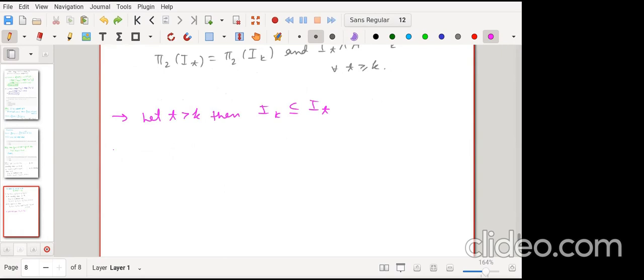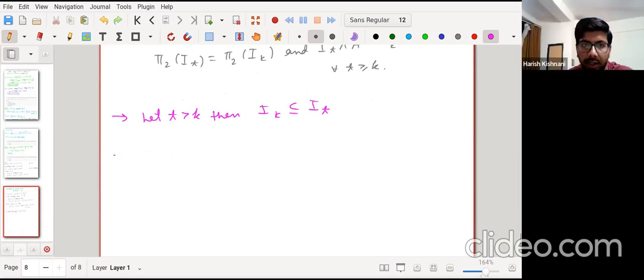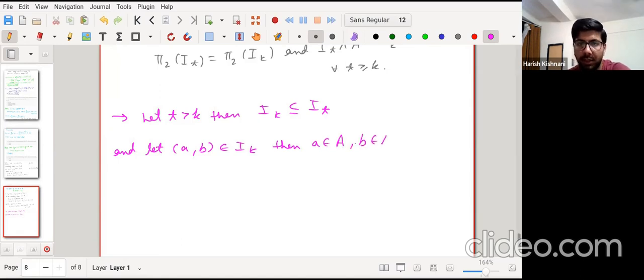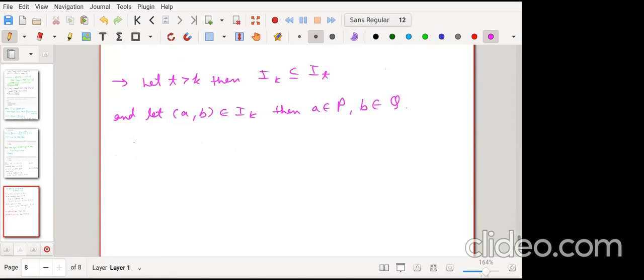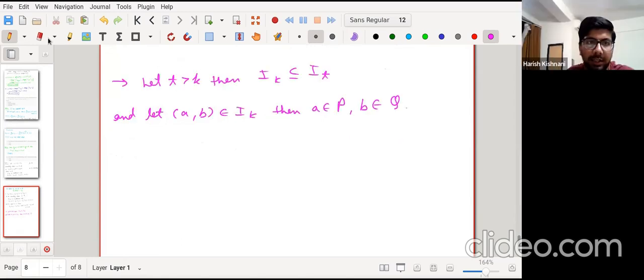Yes, sir. And let this (A, B) belong to IK. Then A belongs to P and B belongs to Q. Again, I am going with these notations. Sir, we have to take an element from IT, na. Yes, yes, Shalini, thank you. So, IT